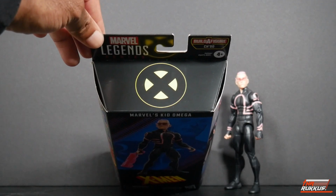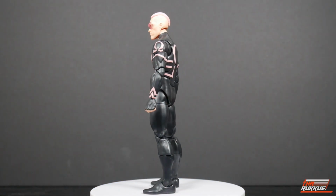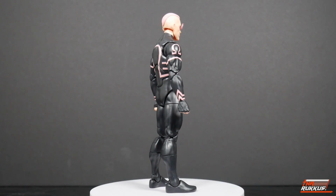X logo at the top, and on the back we have another digital render of Kid Omega, and to our left the Build-A-Figure piece. Kid Omega comes with the biggest piece to build Chode, that being the torso, and on our right we have his accessories, a telekinetic gun, blaster, whatever you want to call it, and of course an additional set of hands. And here we have Kid Omega, otherwise known as Quentin Quire, on our rotating base, and